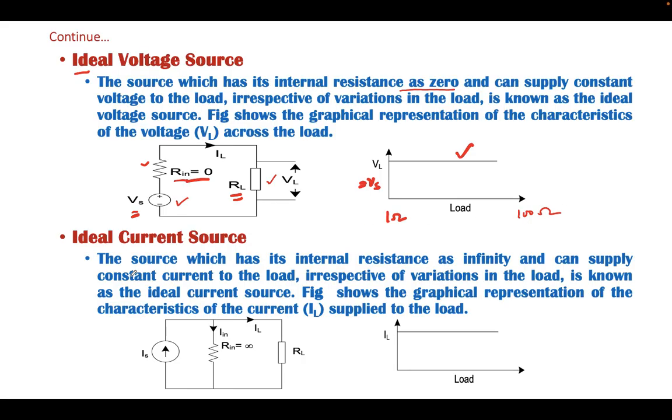Now, the ideal current source has an internal resistance of infinity. In this case, the internal resistance is represented in parallel. If the internal resistance of this path is infinity, the current supplied by the source, Is, will pass totally through the load path. Hence we can say Is must equal IL if it is an ideal source, because the current flowing in the internal resistance path is 0. It will stay constant irrespective of a change in load from 1 to 100 times. That is why it is known as an ideal current source.